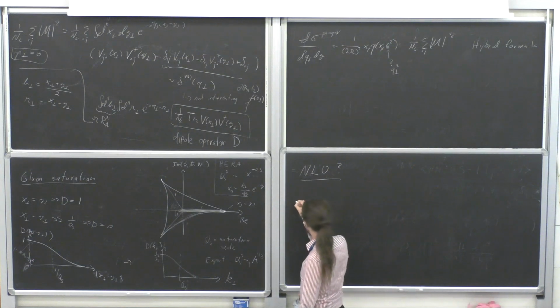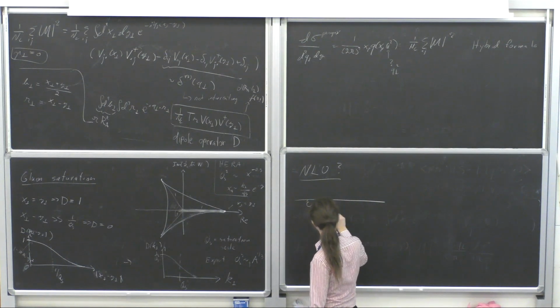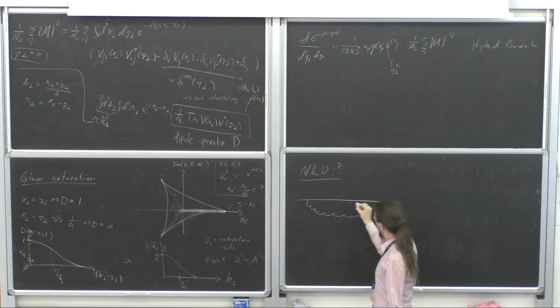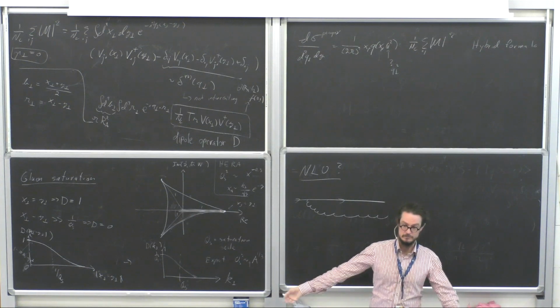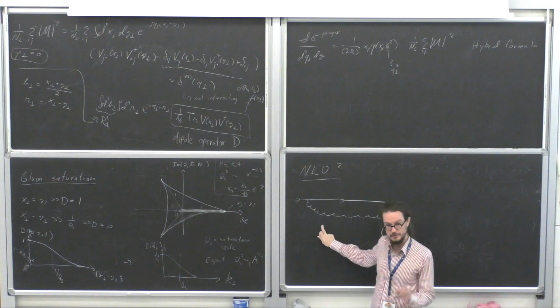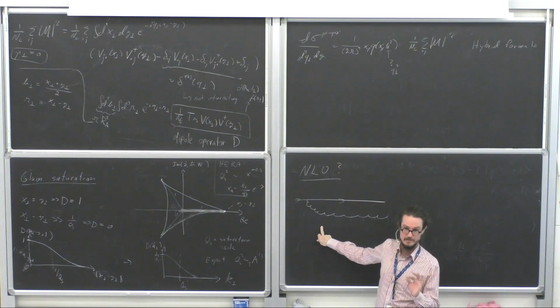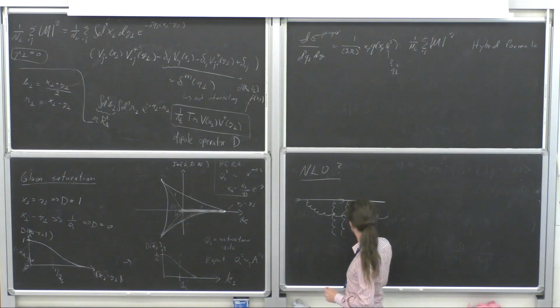So then I have to start thinking about contributions like this, where I have my incoming quark, the valence quark from the proton, for example. It emits a gluon, and now this is a quantum gluon. This is not a classical field. It emits a quantum gluon, and then together, this system of a quark and a gluon goes